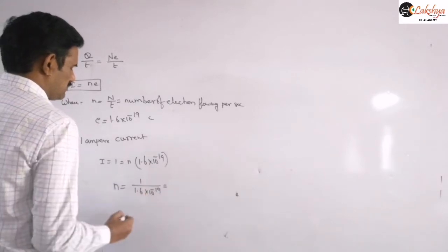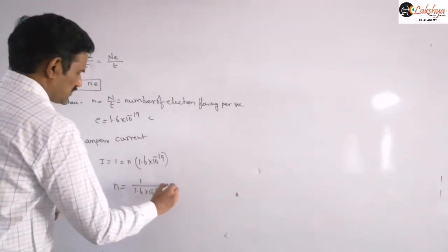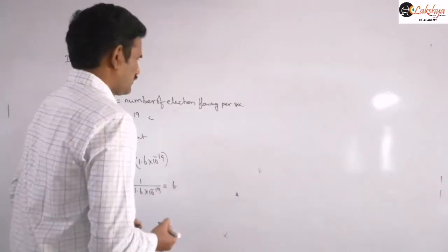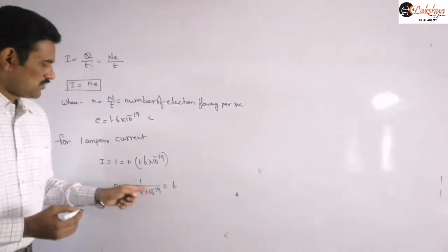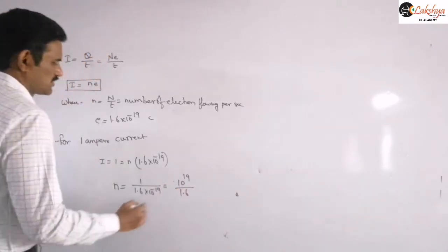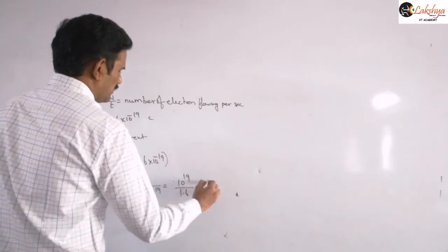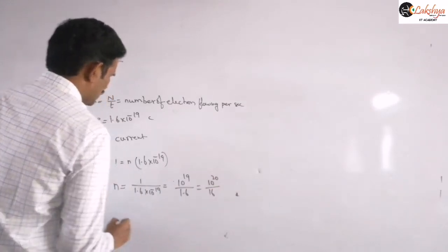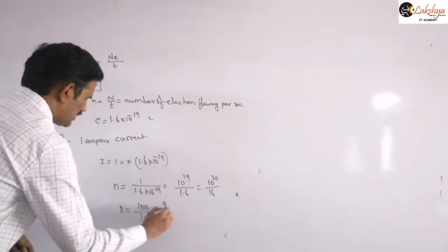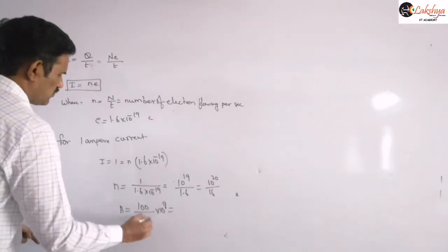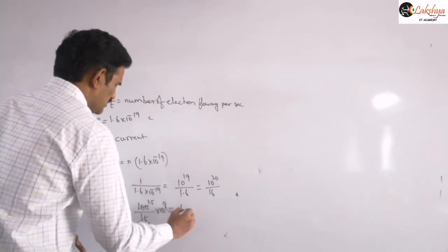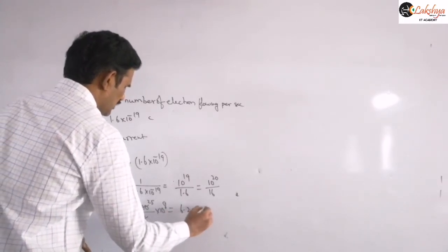So we can simplify this and write the expression as 10 power 19 by 1.6, which is nothing but 10 power 20 by 16, or I can write this as 100 by 16 into 10 power 18. Now we can simplify this, 4 4s are 16 and 4 25s are 100. So 25 by 4 is 6.25, into 10 power 18